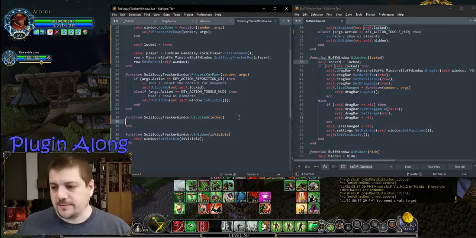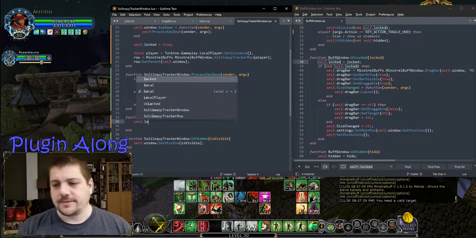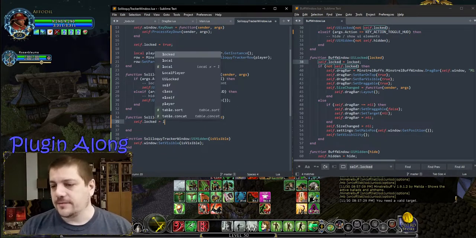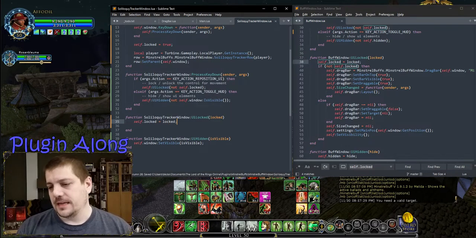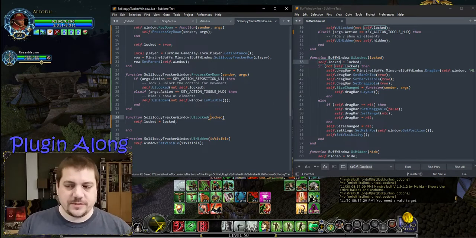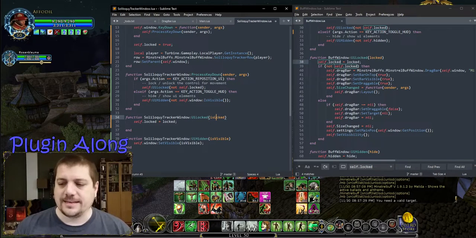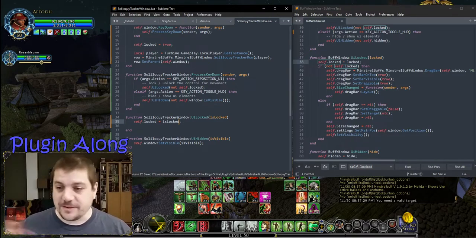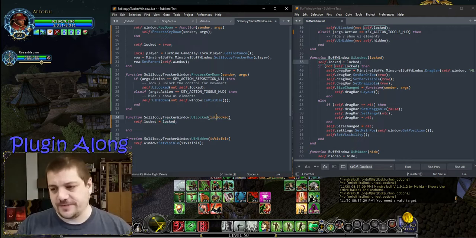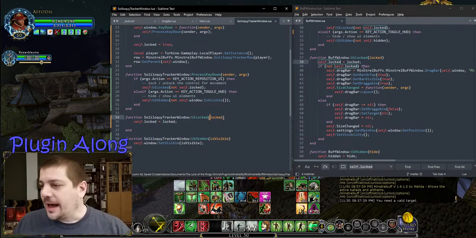And we're going to come on in and say self.locked equals locked. And again, I would really like these parameters to be like is locked. I can fix that one. We'll see how long I keep that change, but for now. Nope, 5 seconds. That's all it took. Okay, and then